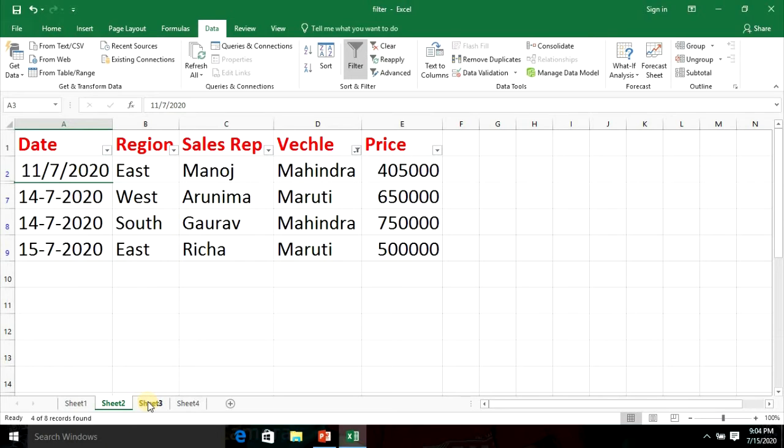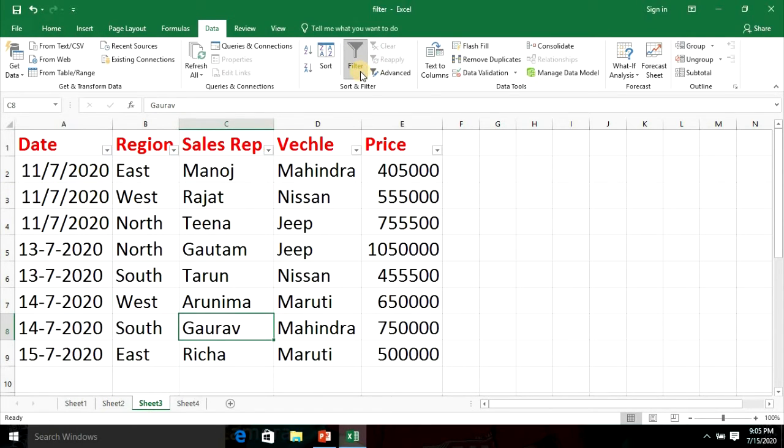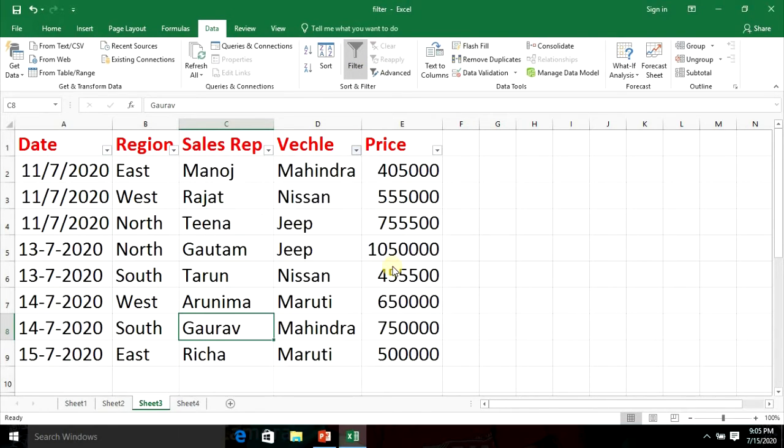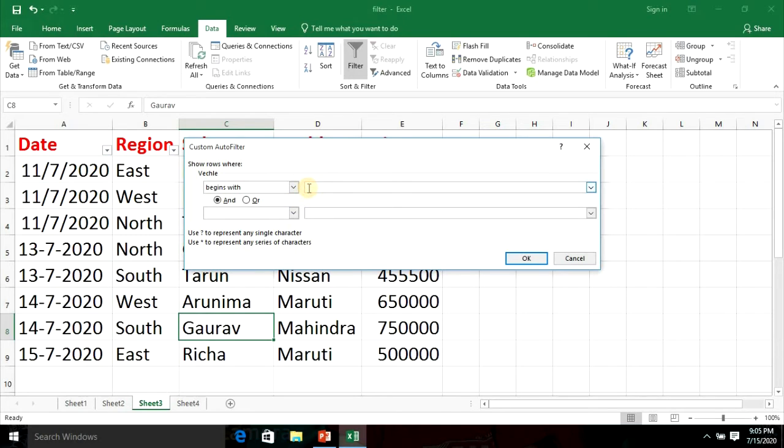But let's see the next sheet. Here, filter, I'll select text filter, begins with M or ends with I. I will tell you the difference between and and or.